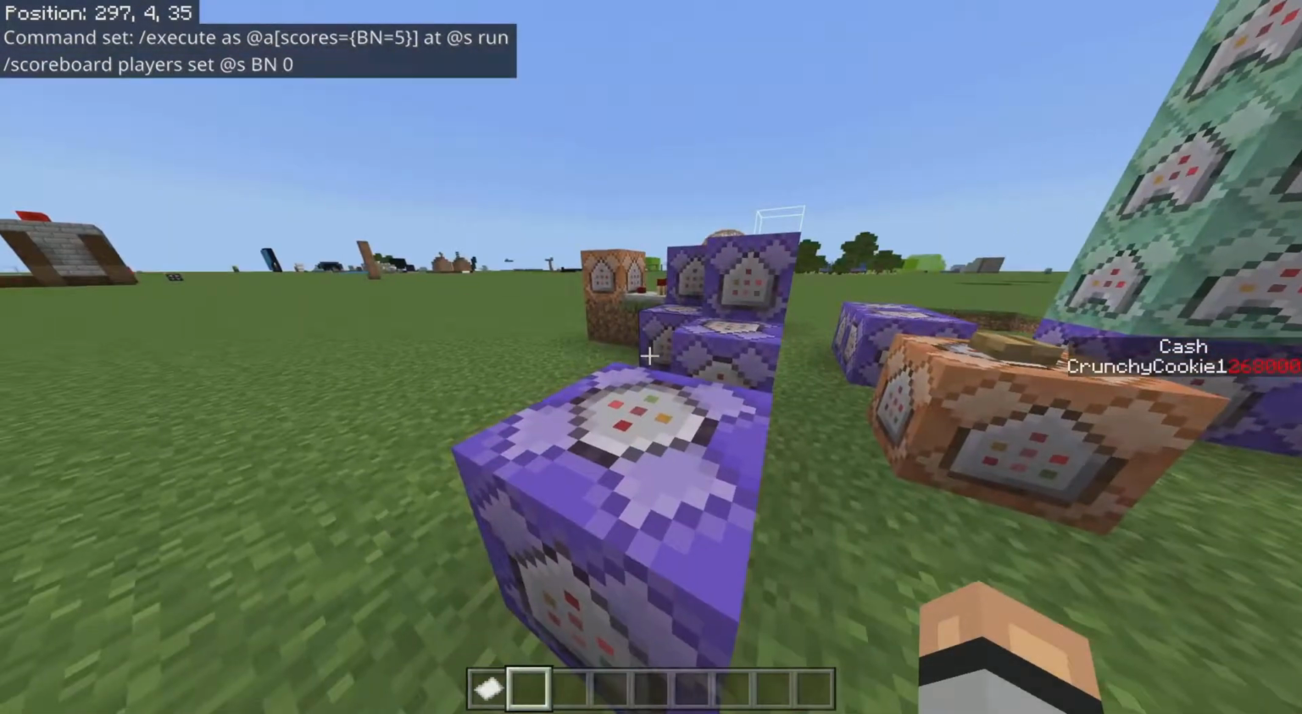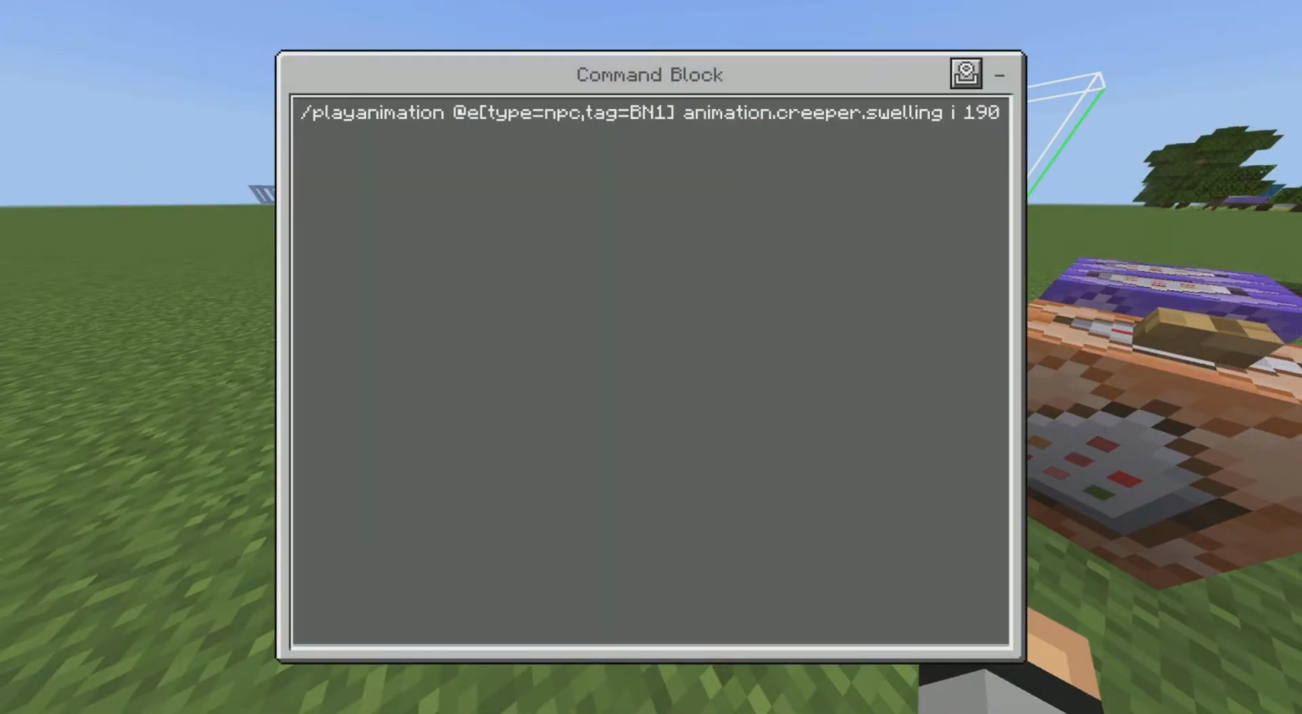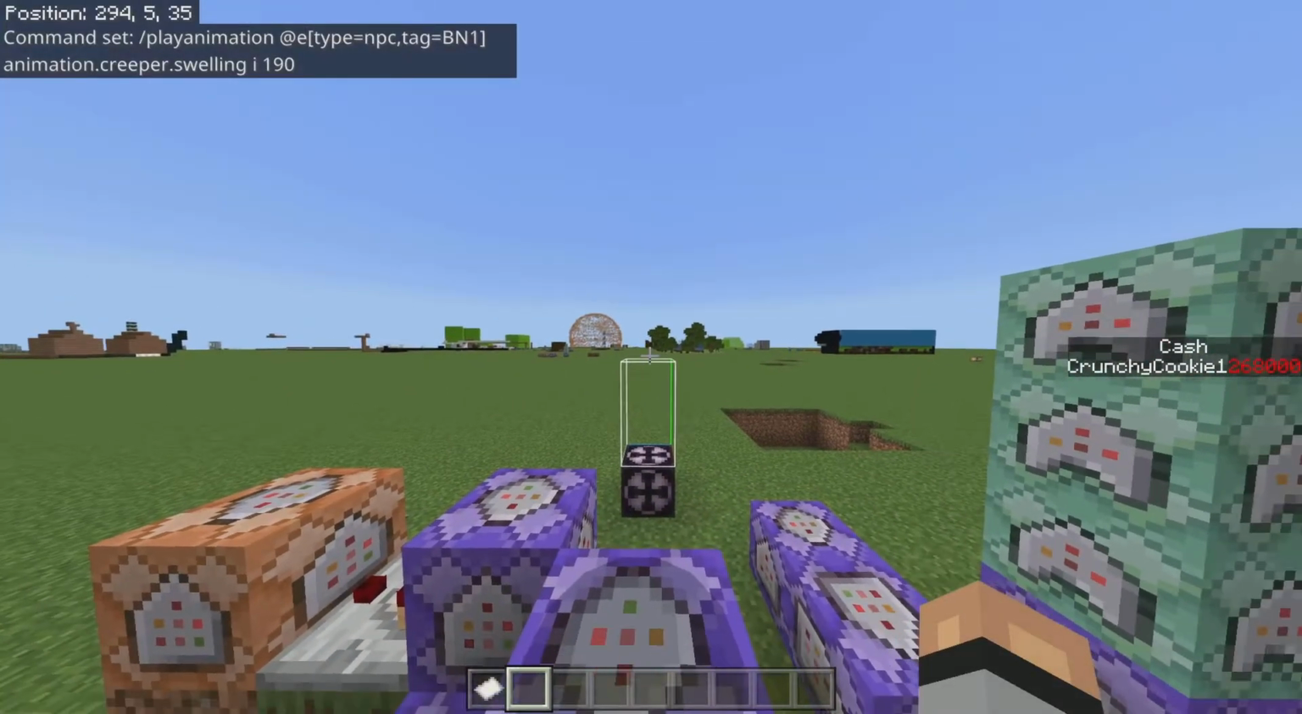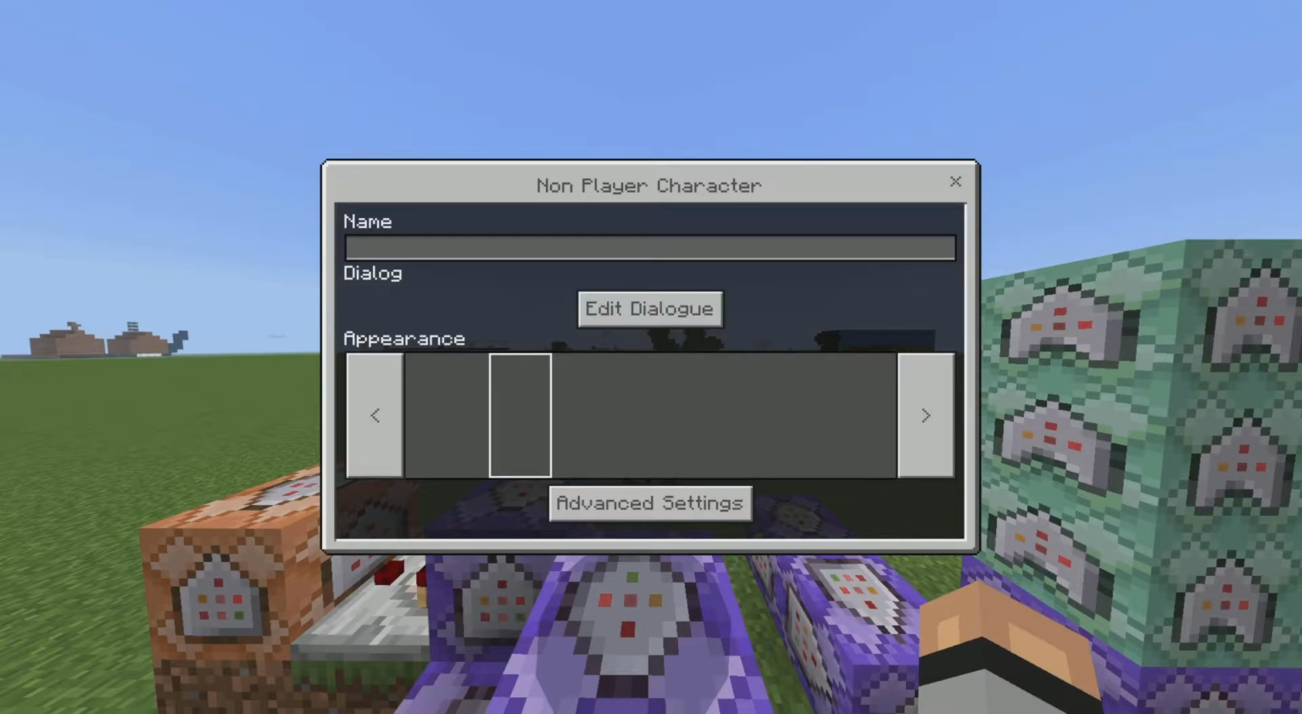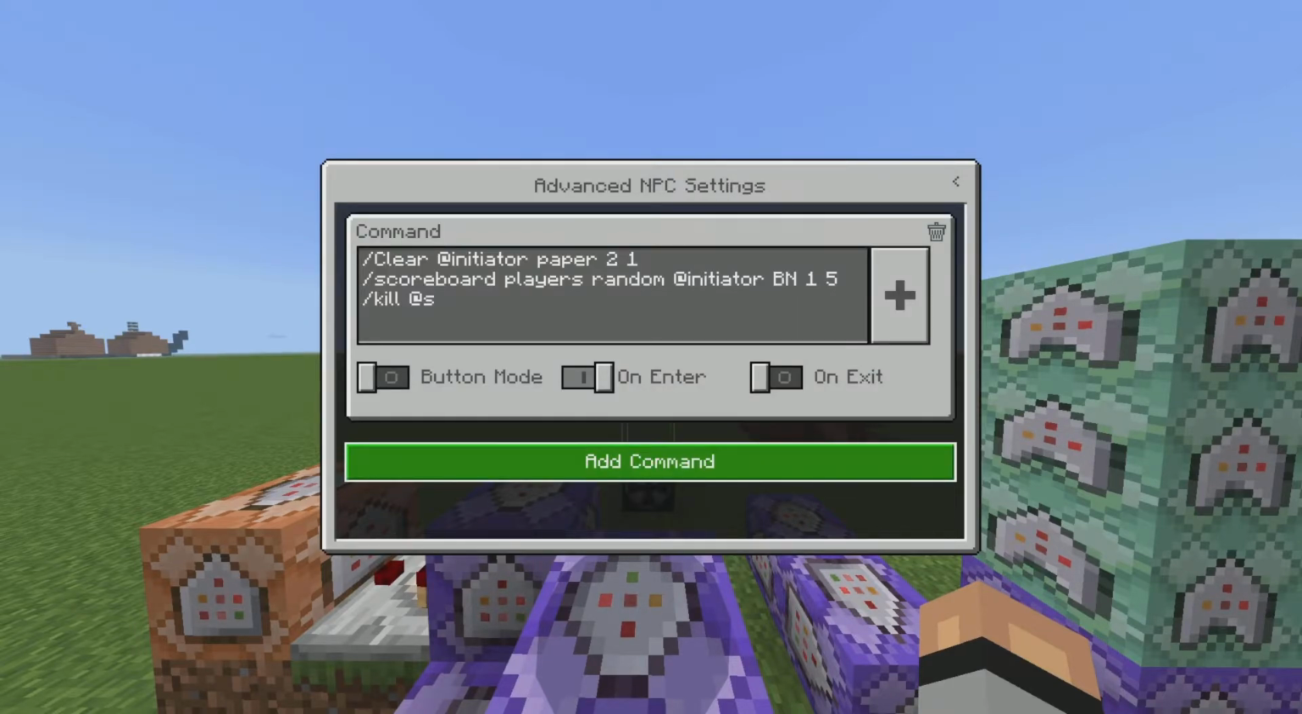Now this final and last command is just essentially making your NPC invisible, and this is the command for it. Sorry, there is actually a little bit more to it. If you go to the NPC, this is your little NPC. You're going to want this to be your little command. You can pause the video right now and copy this all down,